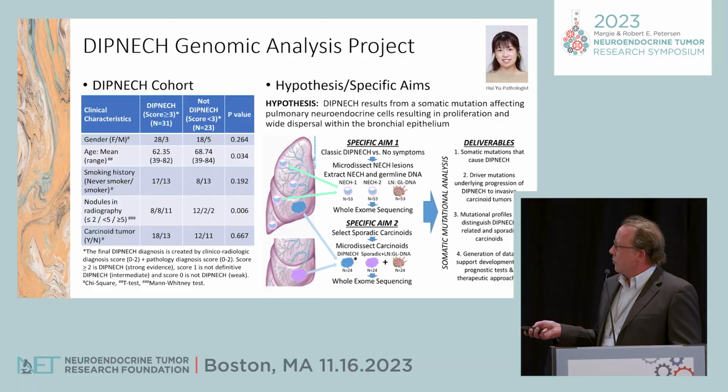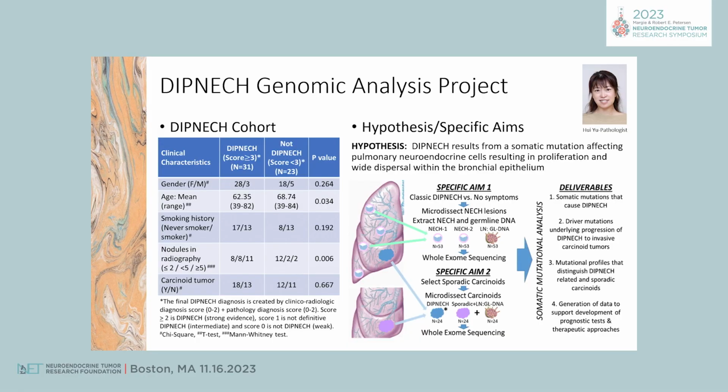And when we look at some of the associated changes, some of these really fit well. It's known that DIPNEC develops at a younger age than sporadic carcinoids, and we can see the difference there. Multiple nodules are more common and bilateral in this group, although there are some inconsistencies. For one, DIPNEC is known to be very strongly associated with female sex. There isn't any difference here. So as I go through the rest of the slides, I will talk about, for this category here, moderate and weak evidence DIPNEC cases.